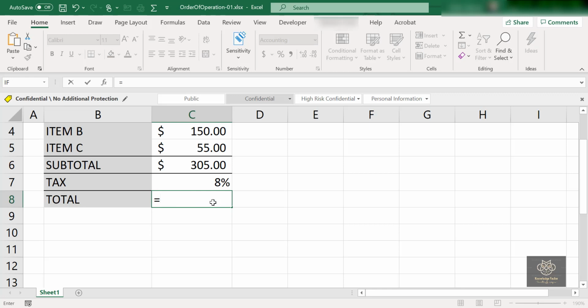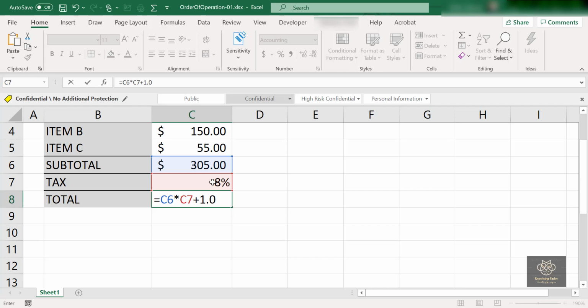Equals for calculation, and to take this one I want to multiply it by 8%, which is C7, but not just the 8%. I want to multiply it by 108%, so I'm going to say plus 1.0, right?